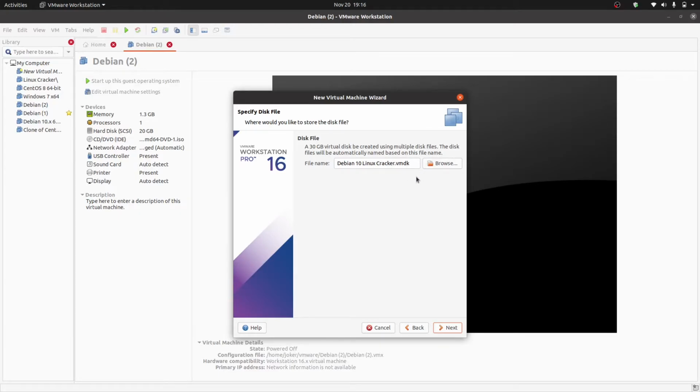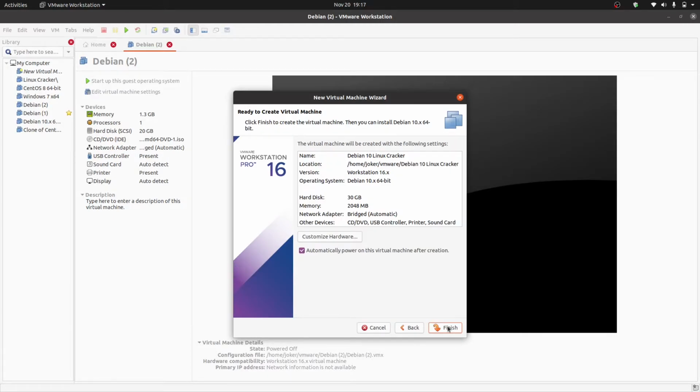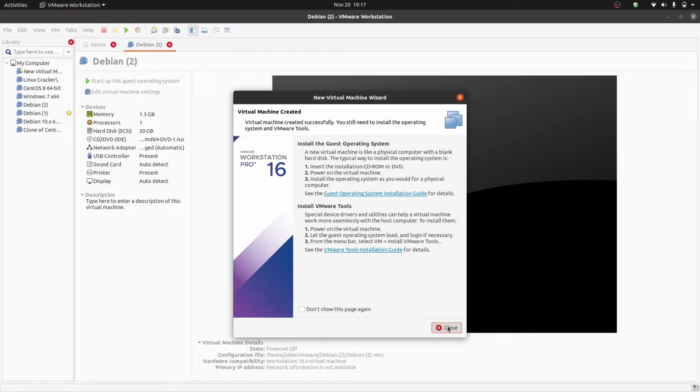If you want to install another new virtual machine in VMware, you can use this vmdk file. Then the final configuration file of this virtual machine, and now it will finish, and now close it.